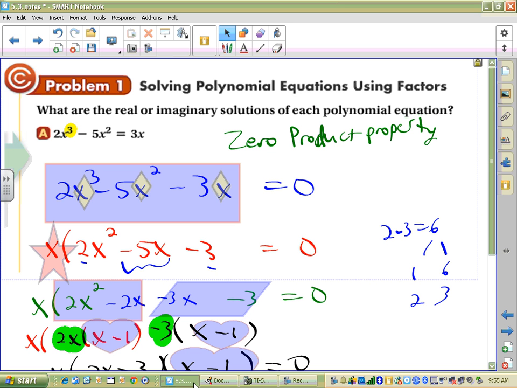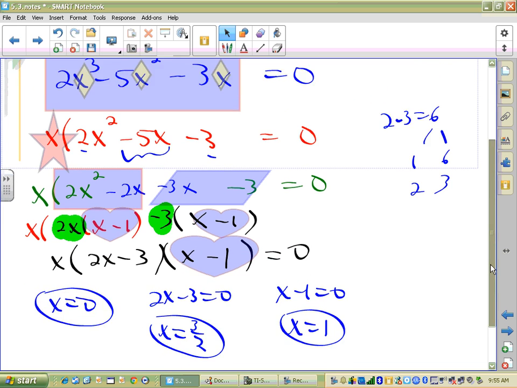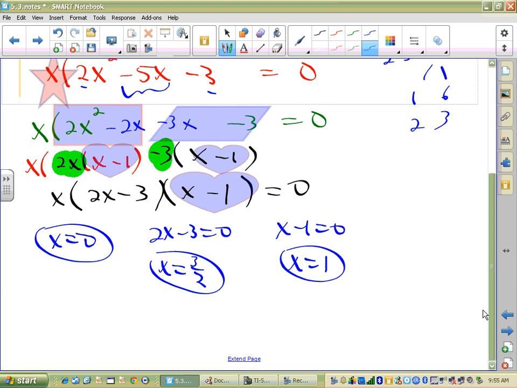I factored an x out. Gave me 2x squared minus 5x minus 3, okay? Let me double check my factoring. Oh, I see. My factoring, something went wrong with my factoring, didn't it? Something went wrong with the factoring, and this is why factoring and being able to analyze this and knowing